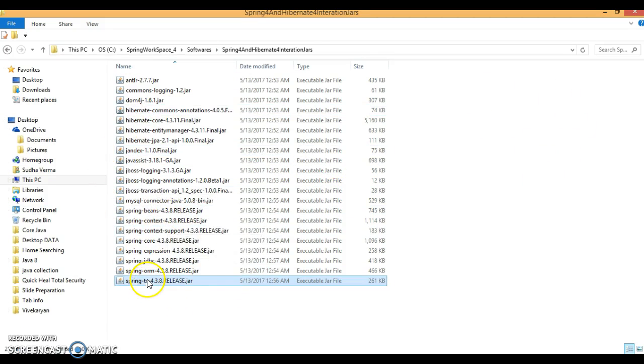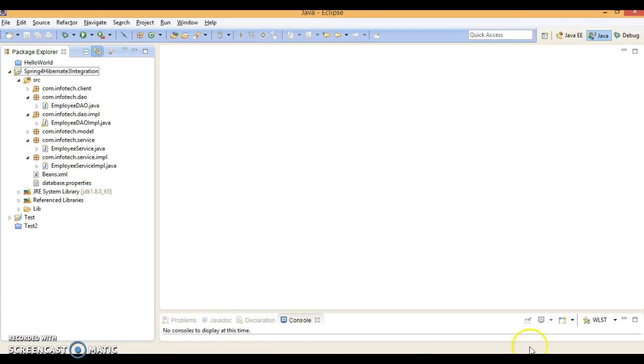Whatever Spring jars were required, I have taken from the Spring distribution file. I am using Spring 4.3.8, so all Spring jars belong to 4.3.8. As we want to integrate Spring with Hibernate, we are using the MySQL database, so the MySQL jar is there. Spring has an external dependency on commons logging, so that is there too. These are the jars I'm going to use to integrate Spring with Hibernate 4.